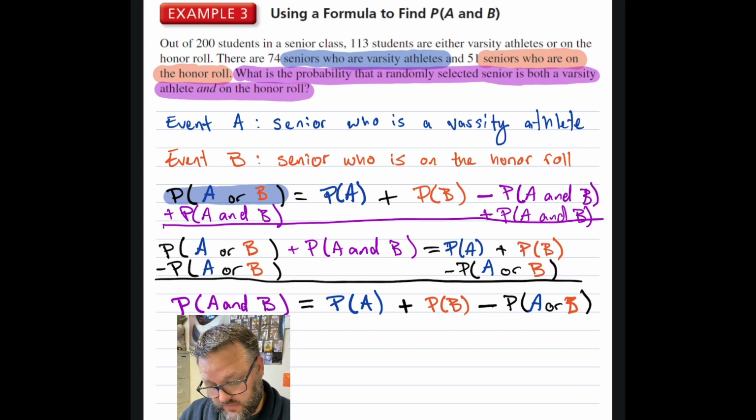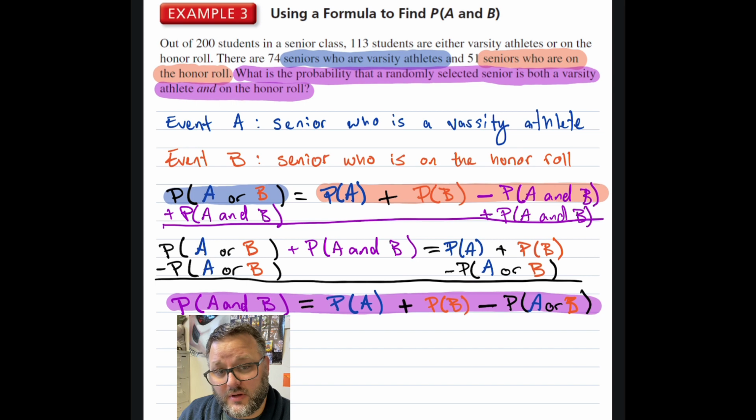We used some algebra. Remember, we actually had the probability of A or B is equal to the probability of A plus the probability of B minus the probability of A and B. But what happens when we need a formula that we don't have for the probability of A and B? Well, we can actually use algebra to solve the formula given to find the probability of A and B, which is the same thing as the probability of A plus the probability of B minus the probability